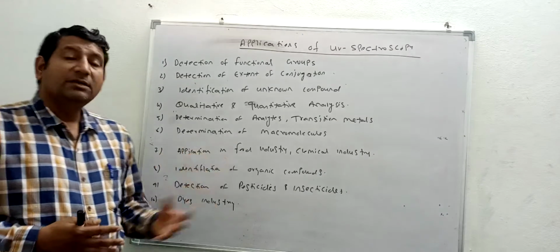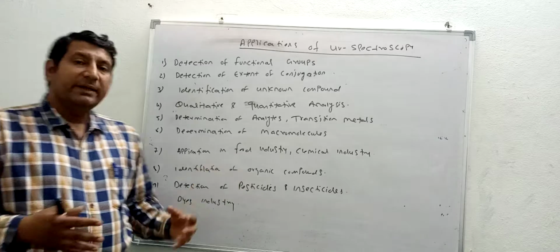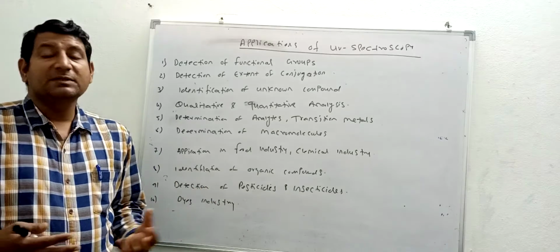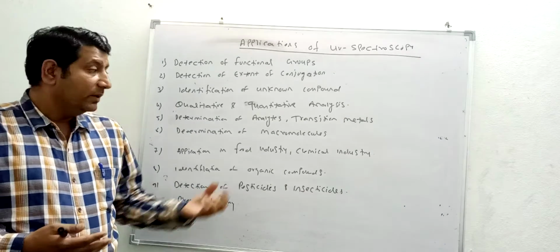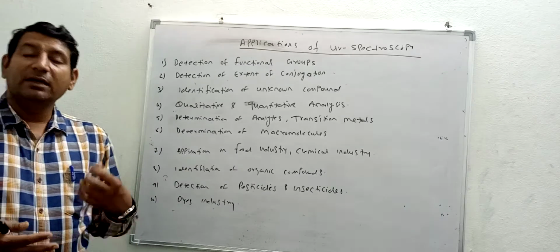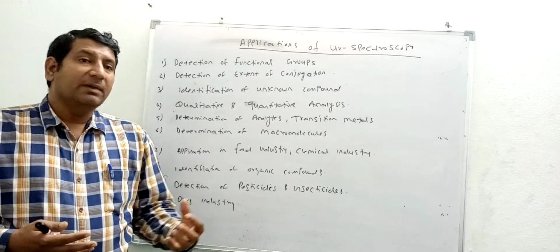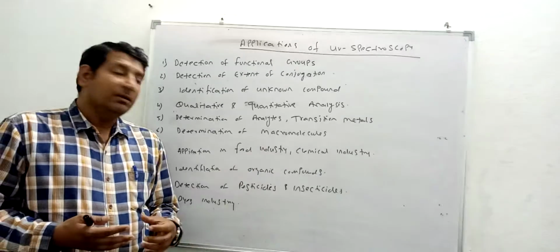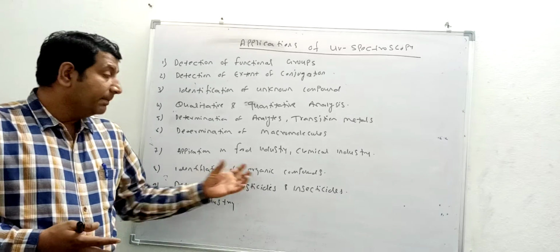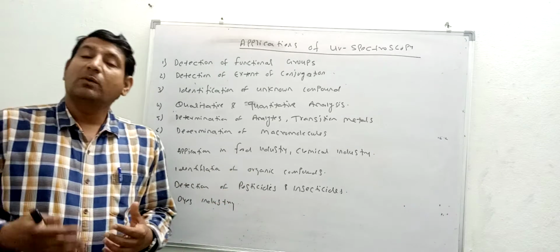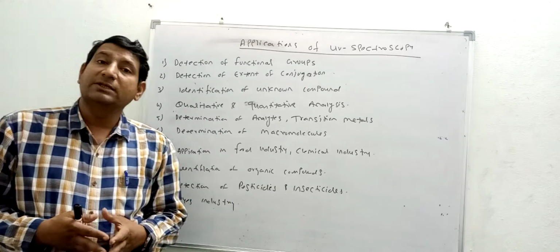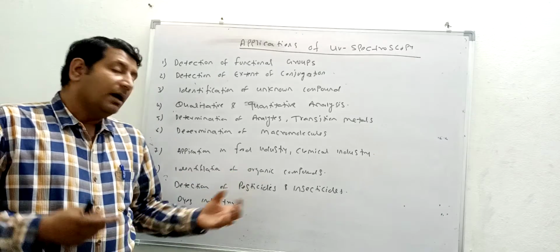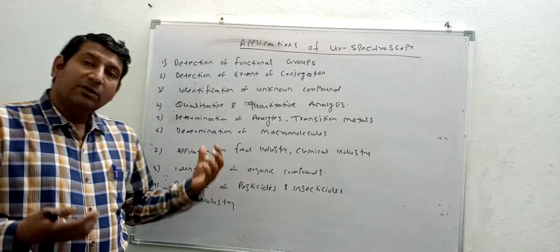Another application is in food industries, where we have to find out trace substances and elements. UV visible spectroscopy is a very sensitive method, so it can be used in chemical industries to identify chemical substances, the types of chemical substances, reactants, products, intermediates, etc. The next application is in the field of organic compounds. Organic compounds can be detected qualitatively and quantitatively, as discussed, along with functional group determination, and their structure can also be determined using UV visible spectroscopy.